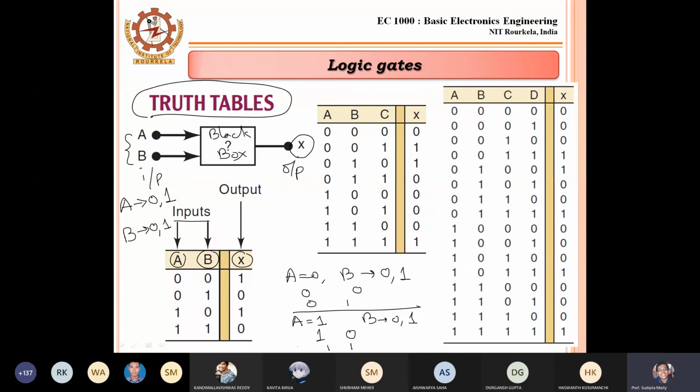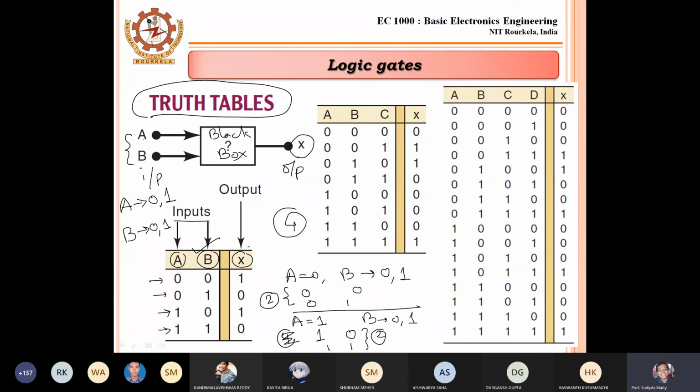Is it clear or not? Here we are getting 2 combinations, here we are also getting 2 combinations, so total 4 combinations. Those combinations are given over here. You observe either A is 0 or 1, or B is 0 or 1. Do not bother about the output part, we will understand. Just focus on input.